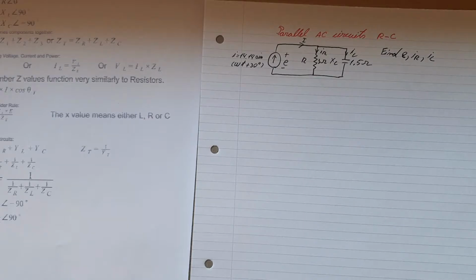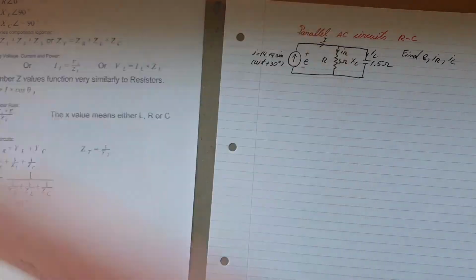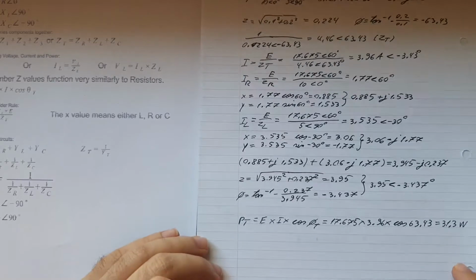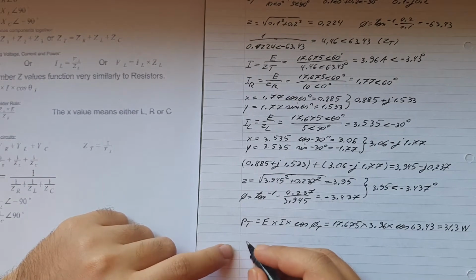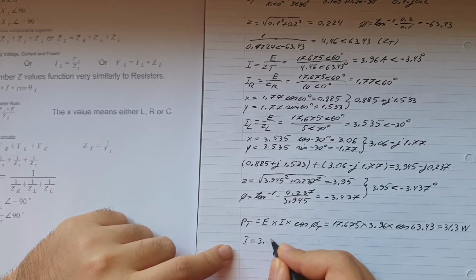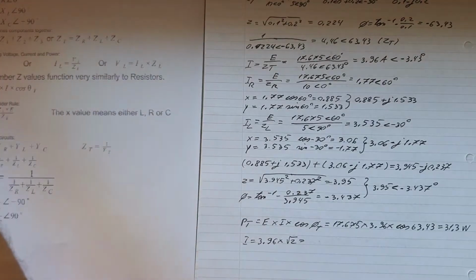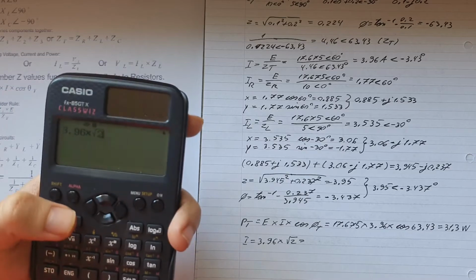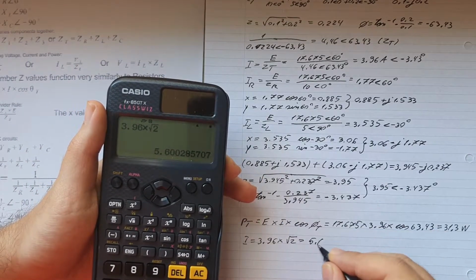So actually, for the previous one, it's not on this page, it's on this one. If you wish to do it properly, if you want to know the peak current values, then you can simply do I will be equal with 3.96 multiplied by square root 2. That'll be 5.6, so 5.6